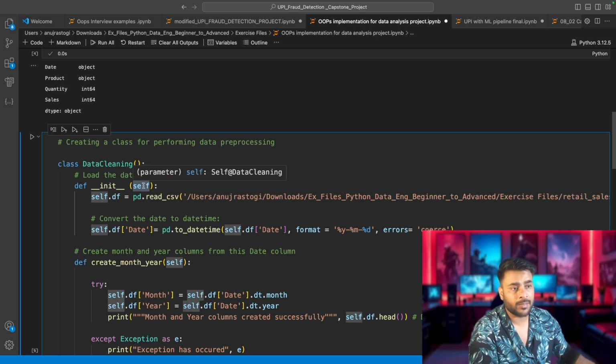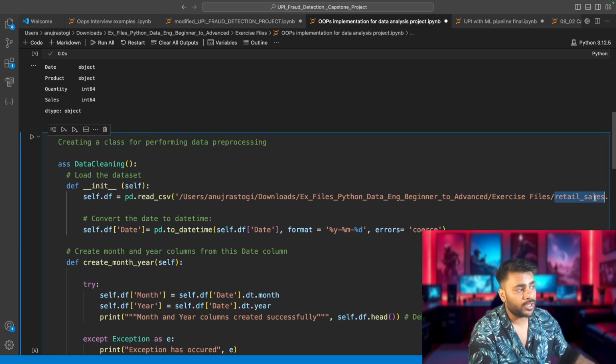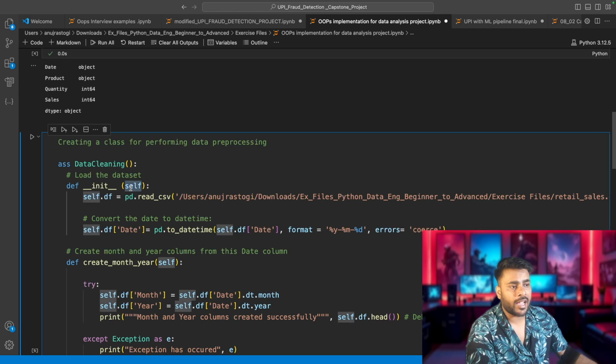Okay, so let's suppose I create 2 different objects. So how will the system realize what object refers to this particular data frame? There can be 2 different data frames as well. Okay, so let's suppose I've defined a class. The class has certain methods, and now depending upon what data set I'm using, I want to perform the same set of functions on both the data sets. So Python might get confused, or the system might get confused to process that, and that's why at a time it only appoints a unique reference for a data frame. So every data frame will be unique, which is a self, and